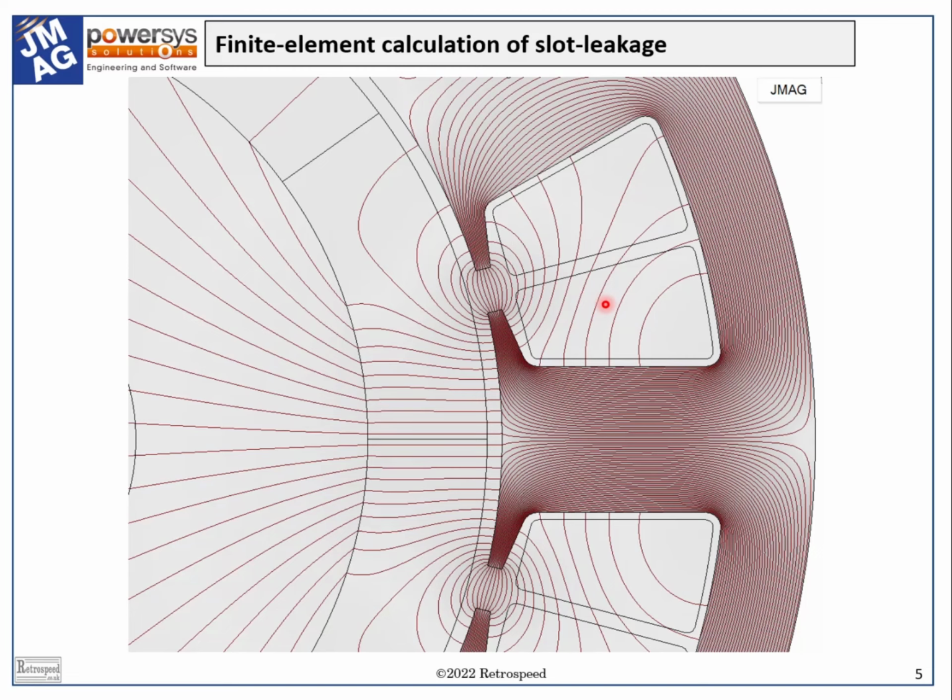While this can be used to get improved accuracy for the conventional slot leakage inductance, including the mutual inductances between phases, it's even more effective under AC conditions in analyzing the proximity effect and skin effect in the conductors.